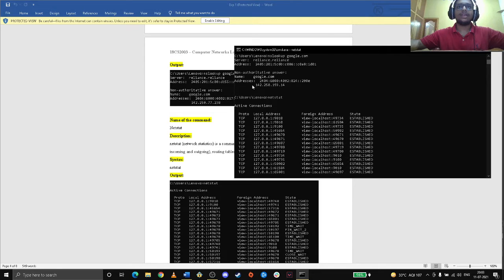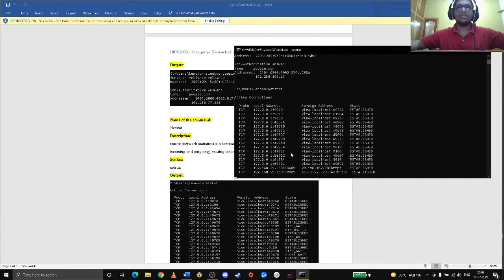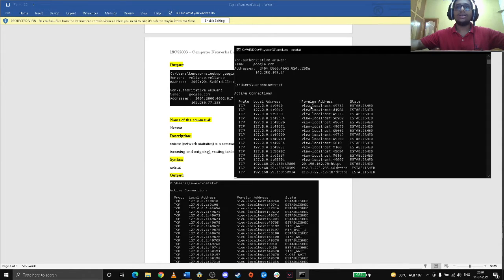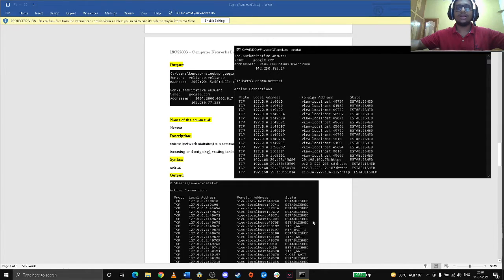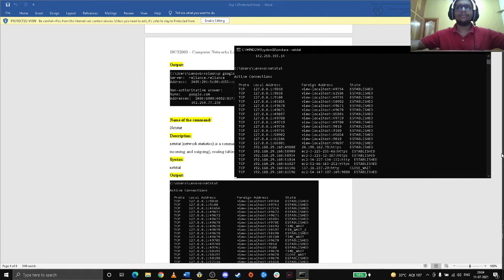After this, as you can see, it shows the active connections with the local addresses and the foreign addresses. As you can see over here, there are lots of established connections, with protocols and local addresses, and even foreign addresses. Basically, it shows how many connections this computer is connected to. These are the foreign connections, that is, this computer is connected to these foreign things, maybe apps, maybe other servers. It will take some time.